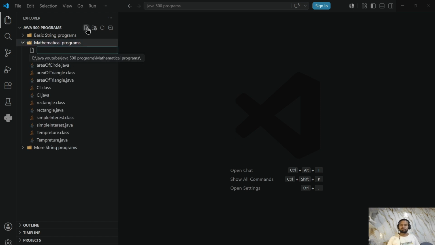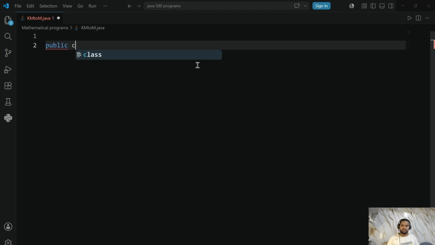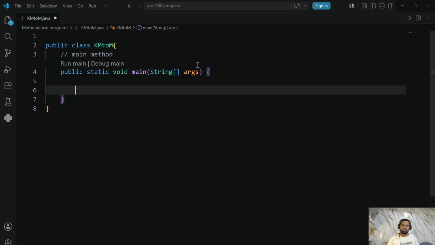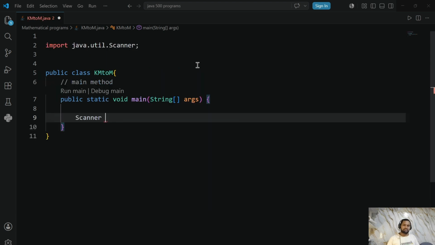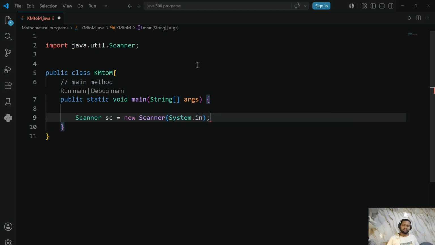Okay, create file. यहाँ पे हम क्या लेंगे? मीटर ले लेते हैं या तो kilometer to meter. That's fine. KilometerToMeter.java. Okay, go inside this, create public class KilometerToMeter. Go inside this class and create main method, public static void main. Go inside this, create Scanner class object: Scanner sc = new Scanner(System.in);